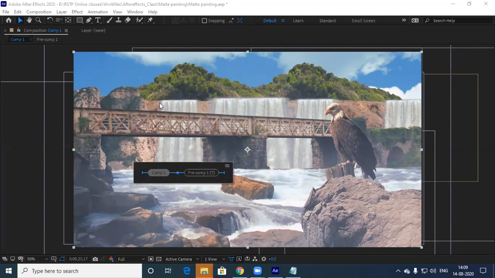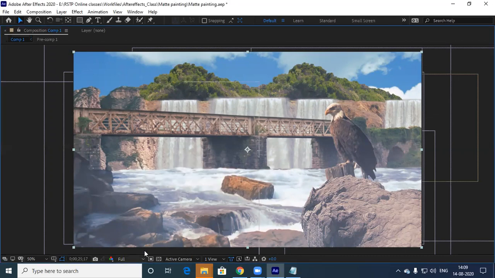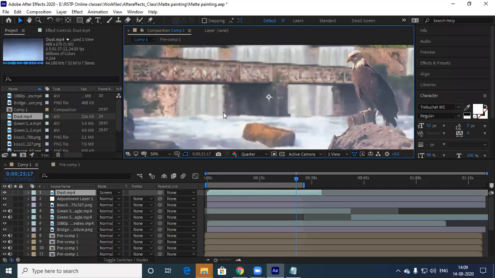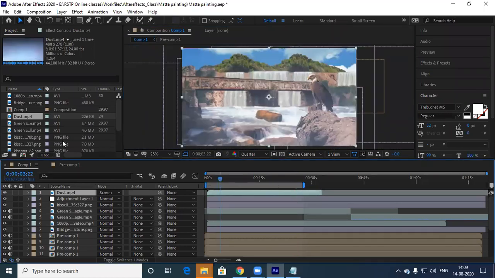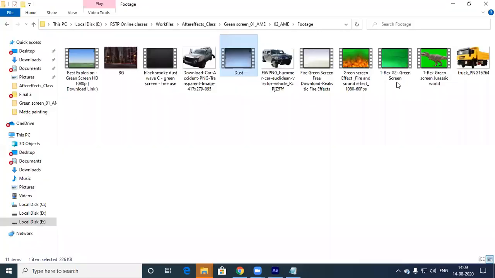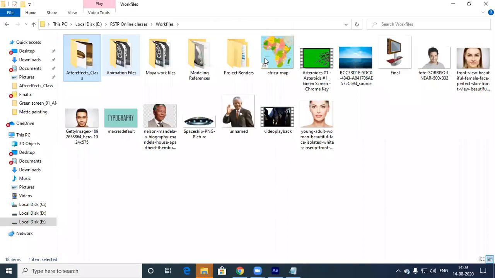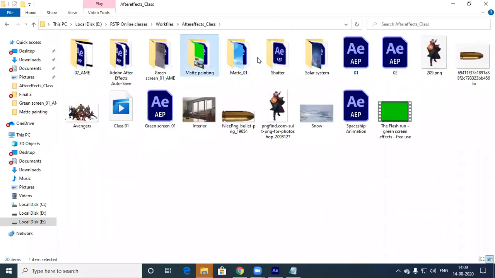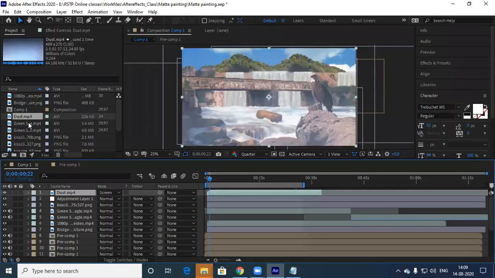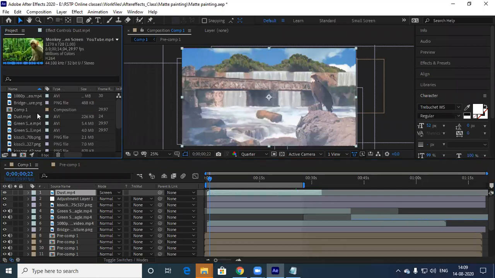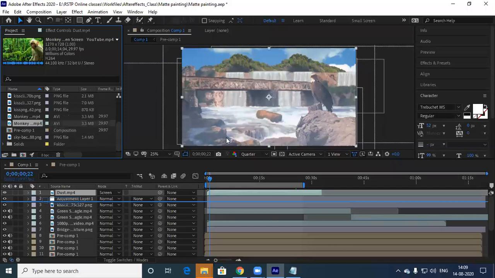Let's do that as well now. I'll reduce the resolution. See, the more time you spend, the more beautiful work you can do. So let me take one monkey here. Where is that monkey? Green screen, matte painting. I have a monkey shot somewhere here. Let me import the monkey shot over here, and let the monkey come below the adjustment layer.